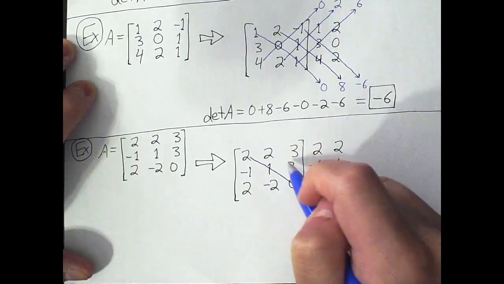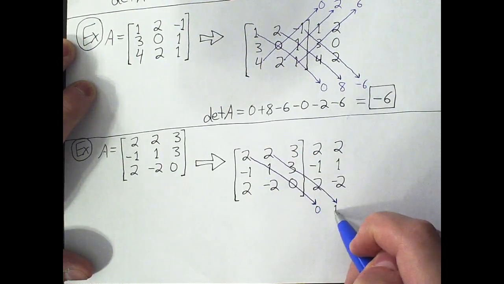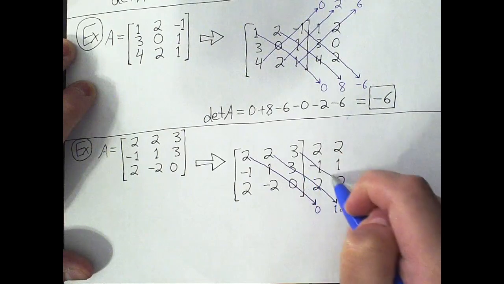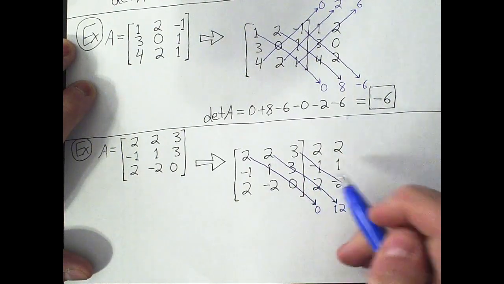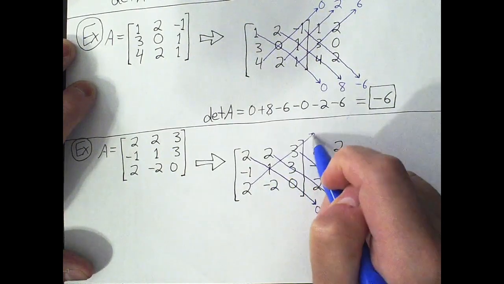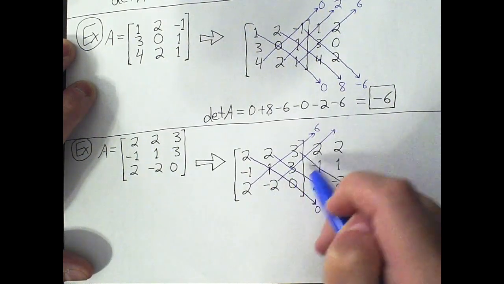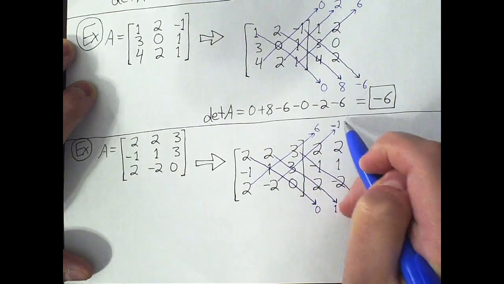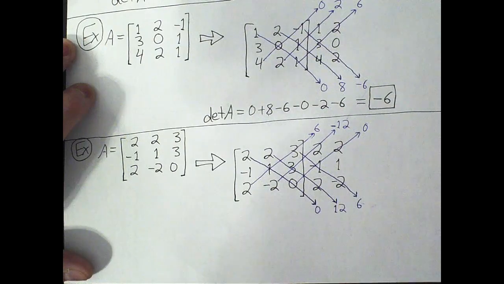This is 0. This looks like 4 times 3 is 12. And this looks like positive 2 times 3 is 6. Let's do these ones. This looks like 6. This looks like negative 4 times 3, so negative 12. And this looks like 0. Okay,